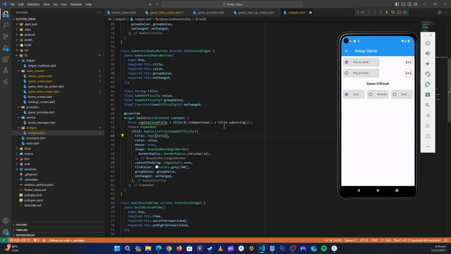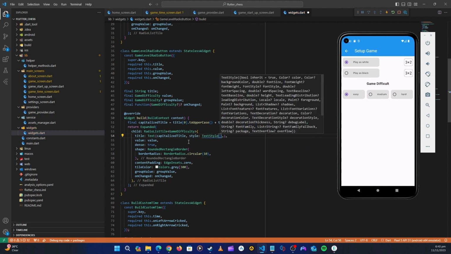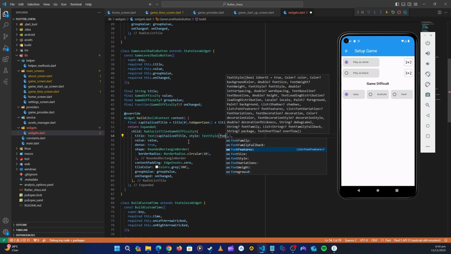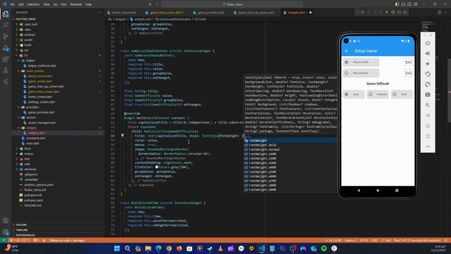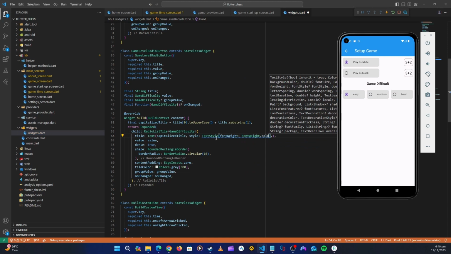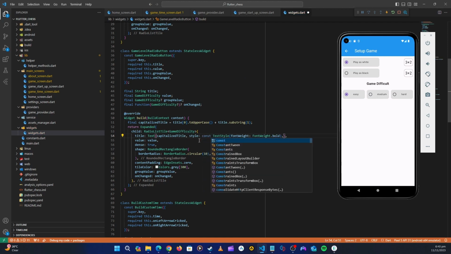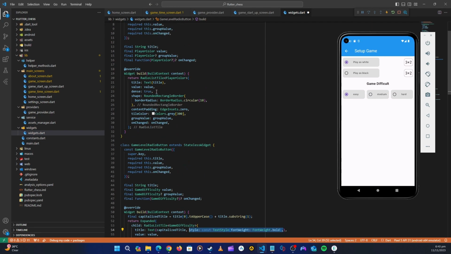Okay, so maybe we also need some styling here. So let's copy this, paste it here. Let's put style here. Comes from TextStyle. And then let's say fontWeight. At least let's add it bold. FontWeight dot bold, and then maybe add a const modifier. We can do the same here. Let's copy this, and then also inside this let's put it there, and then let's hot restart. Okay,